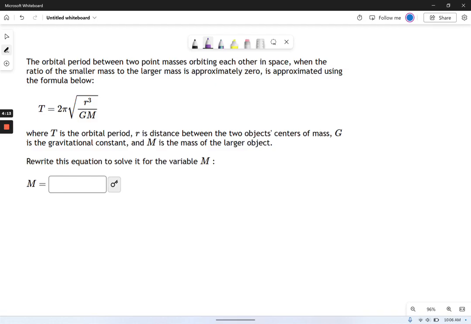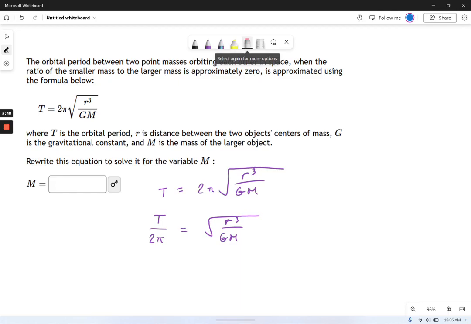So I want m by itself. Let's start out with T. T equals 2 pi times the square root of r cubed over GM. So I'm gradually going to peel things away from that m. First thing I'm going to do is divide both sides by 2 pi. So I get T over 2 pi equals the square root